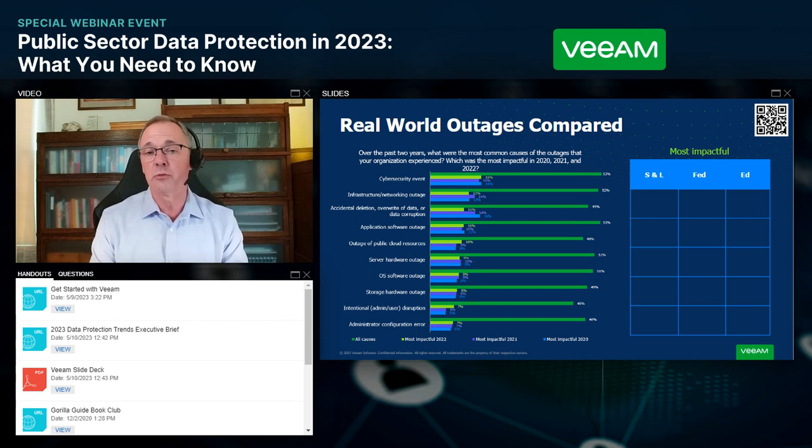The first question, which is the long bar on the top, is a popularity contest. You can choose anything you want in there so that you'll notice it doesn't add up to 100% because people can choose more than one, whichever ones they like. But the lower bars are what was the most significant outage, not all causes, but what was the most impactful outage that you had. What's interesting is that for the last 2 years, government and education organizations have all said